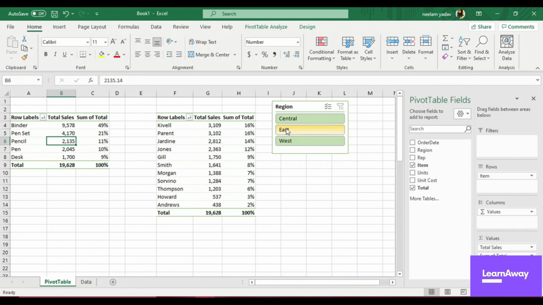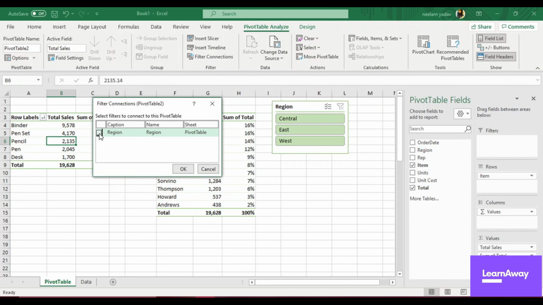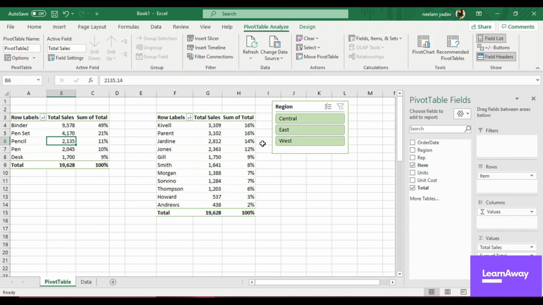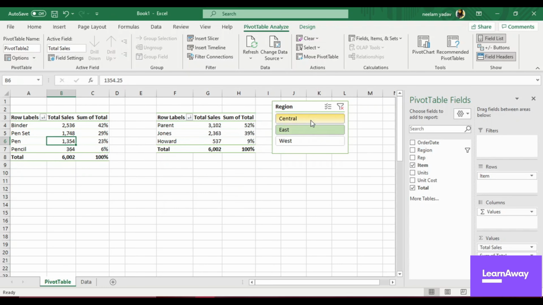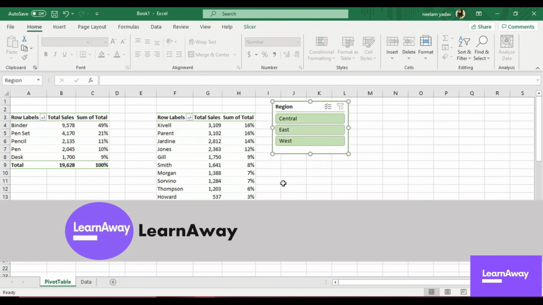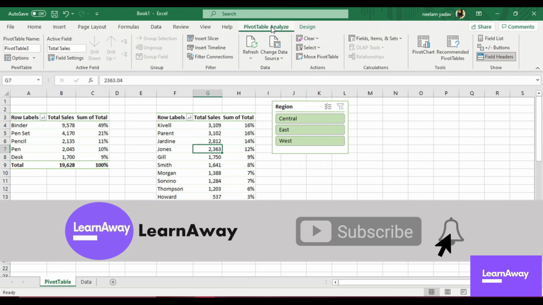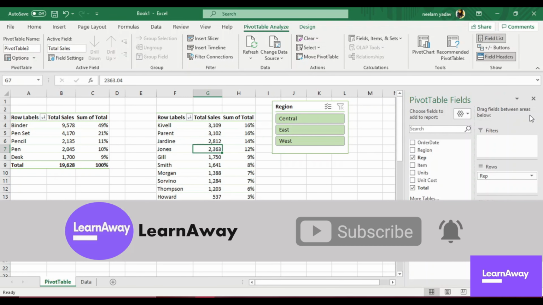So to have the filter connection established for all the tables that we have, you just need to go to the table that needs to establish the connection, click on pivot table analyze and click on filter connections. You just have to select this, and now the table is connected to this slicer. This is amazing, right? You can become pro in this. Now if I want to deselect and clear, so it will have all the data. Say by mistake if you close this fields, to open that up you'll have to click on pivot table analyze and click on this fields list, and this thing will open again.